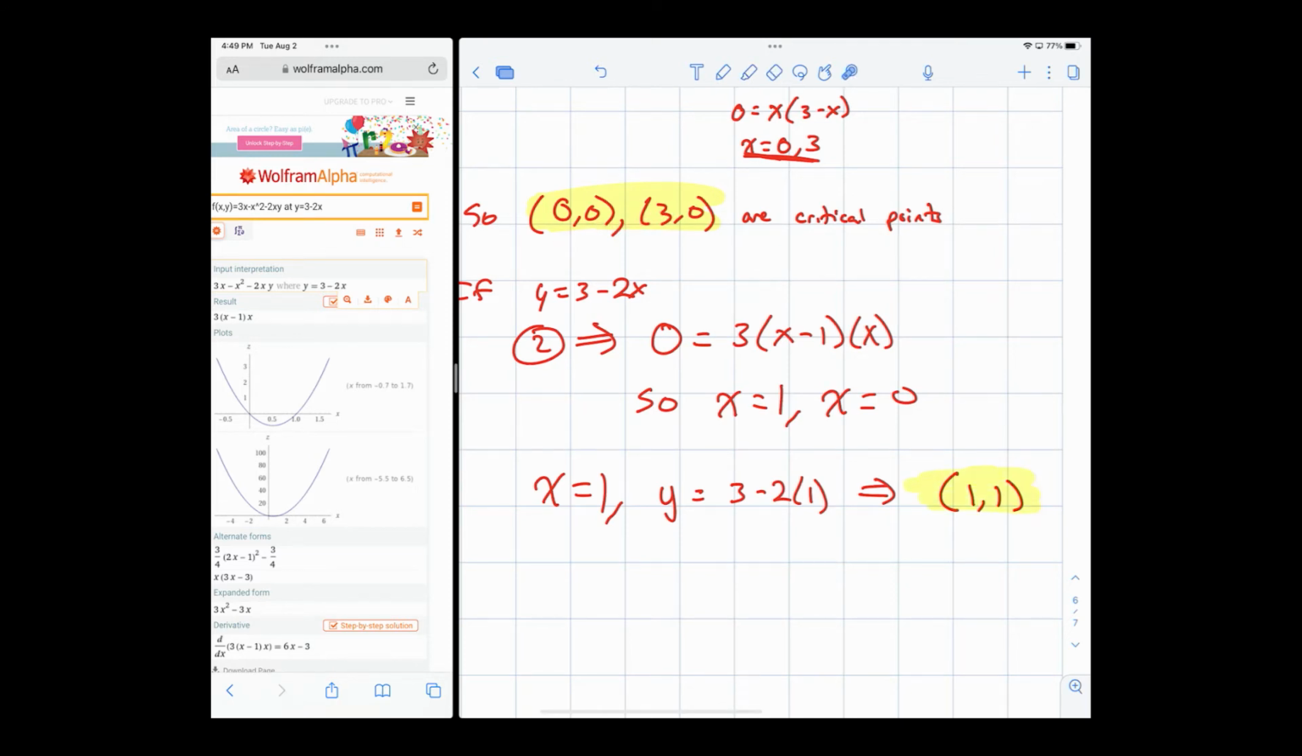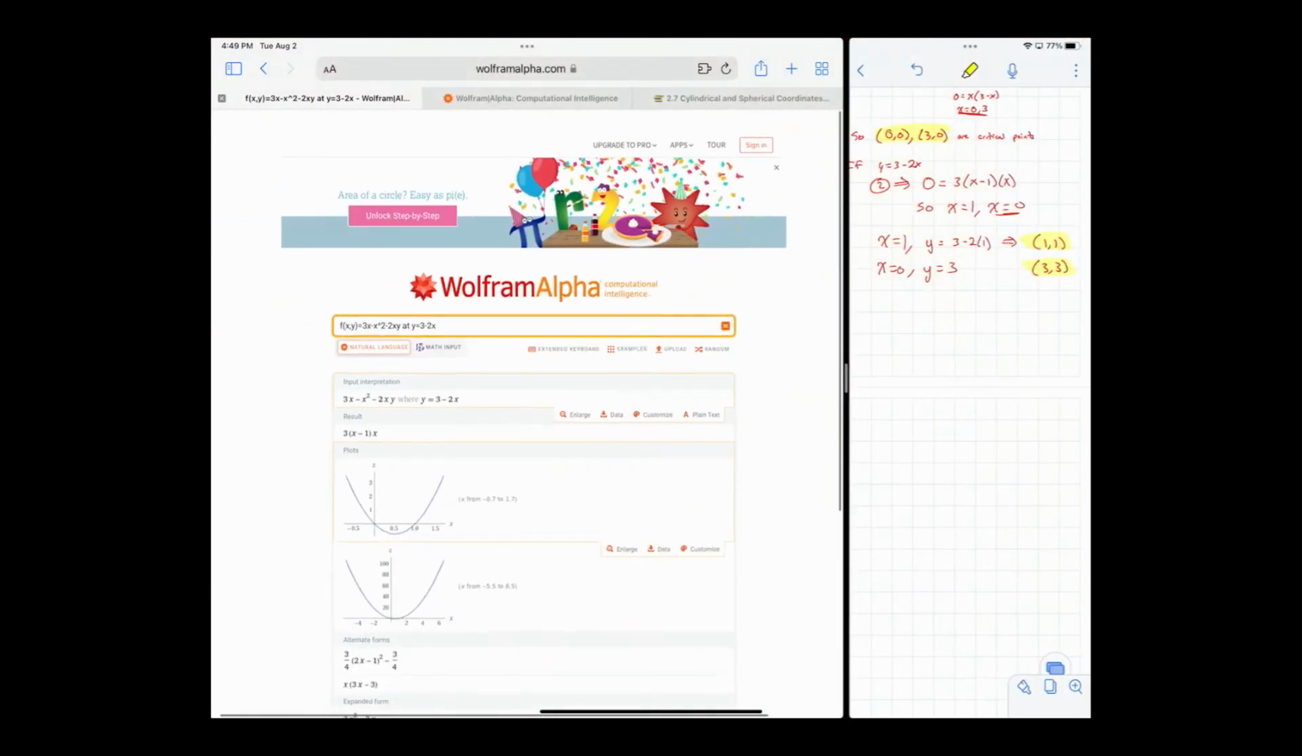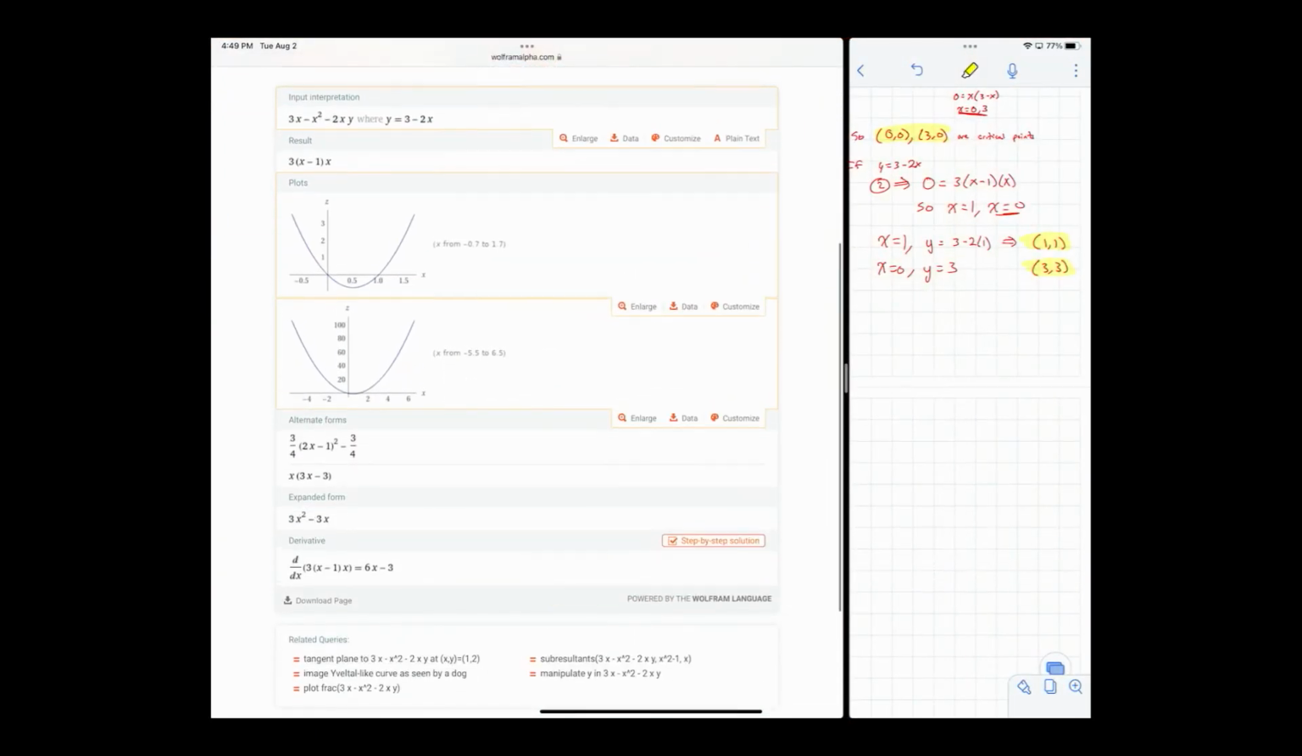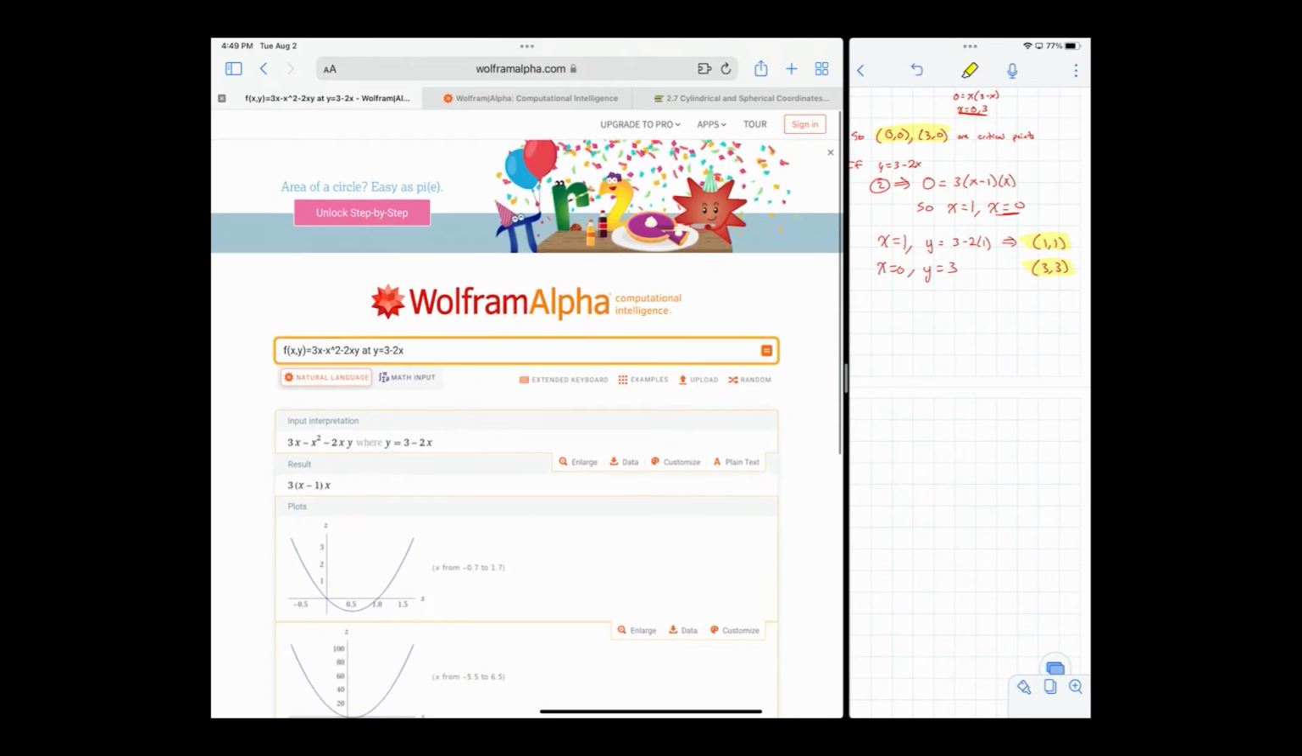In addition to these two. And then also we have x equals 0 here. So x equals 0, y equals, well, it would be 3 minus 2 times x. So 3 minus 0 would be 3. So we have 3, 3. So I've got, so far, these 4 points. Okay, so yeah,